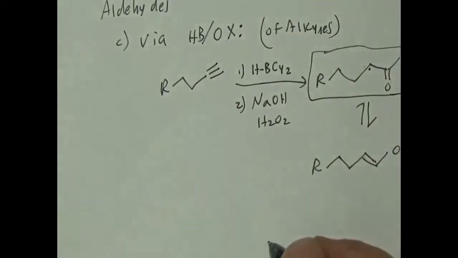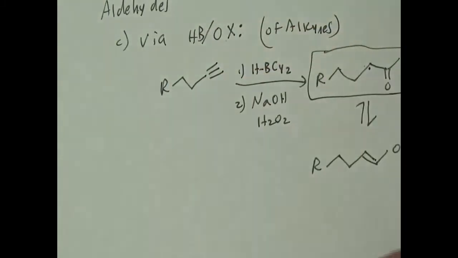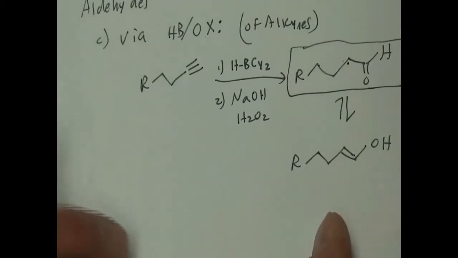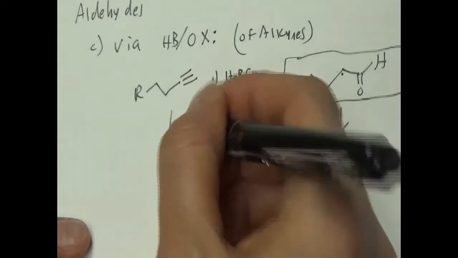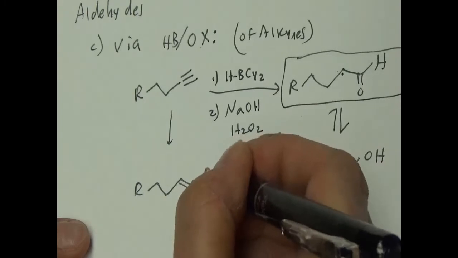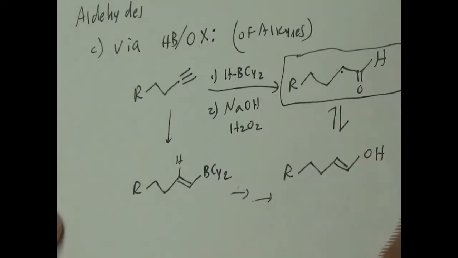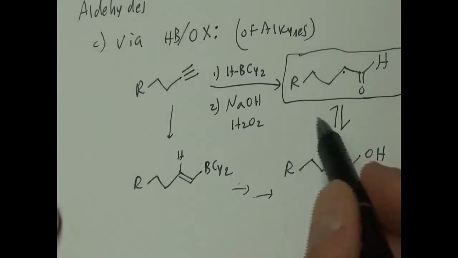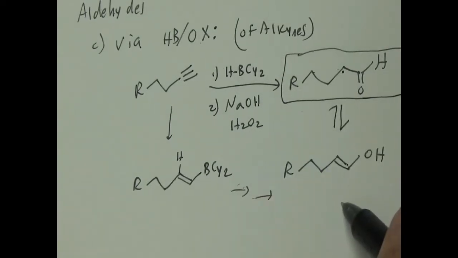I'm not going to review the mechanism, aside from just mentioning in broad terms that the boron H thing just snaps on. I'll draw what you get. Just to remind you, it's BCy2H. Cool. And then there's a couple steps, a little bit of magic, because the carbon-boron gets converted to a carbon-oxygen from the second step there. But that's the main thing.